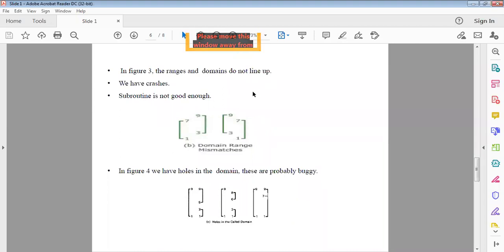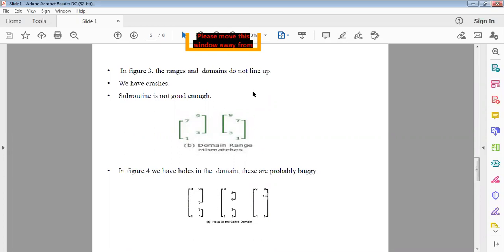So in the first one we have seen the caller is a subset of the called, that is one incompatibility. Next, the called is a subset of the caller, that is another incompatibility. And each is a subset of the other. But in the third one, there is another incompatibility: no caller is a subset of called, and no called is a subset of caller. Both have different ranges.